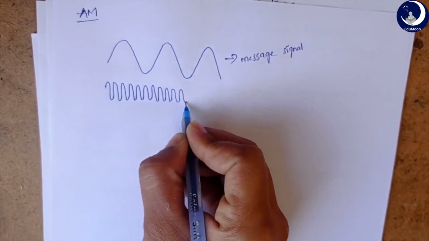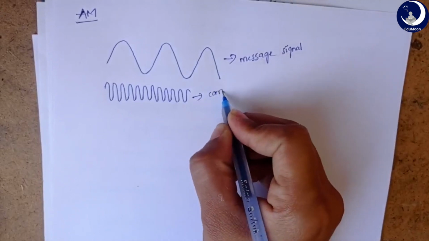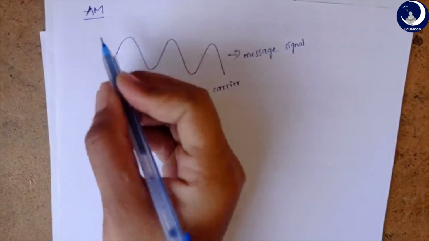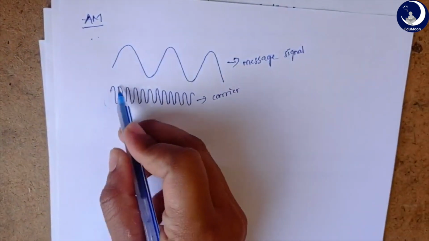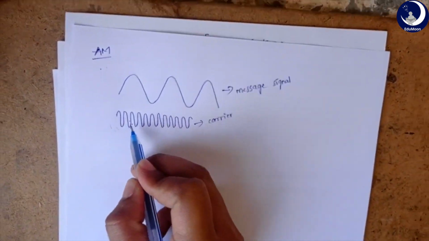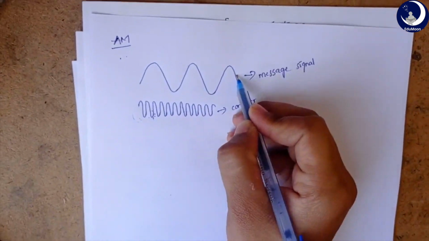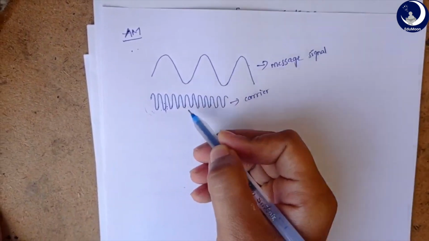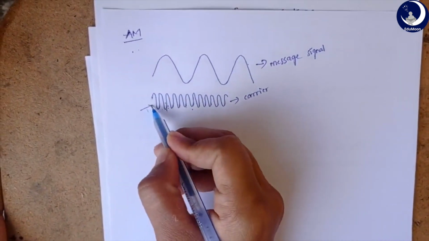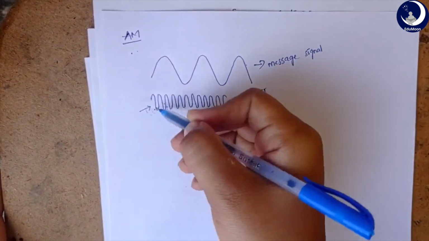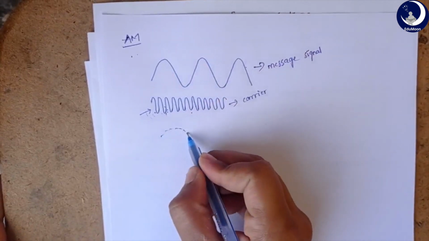This is our carrier signal. So this is amplitude modulation, that means modulating amplitude of the carrier with respect to what? With respect to message signal. So in amplitude modulation, we are modulating amplitude of our carrier signal with respect to message signal, and we will be getting